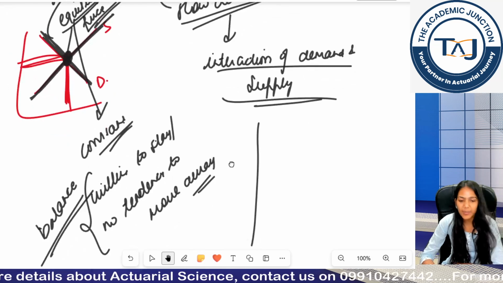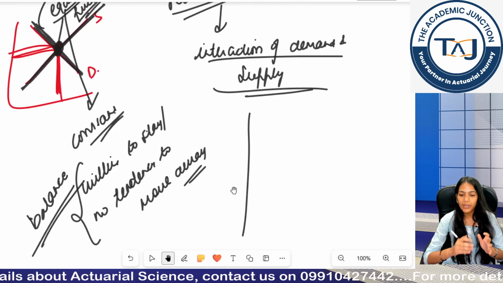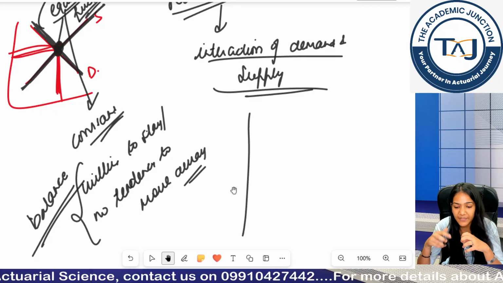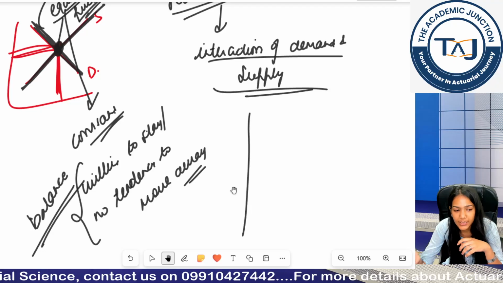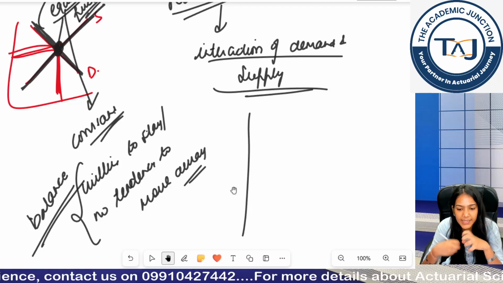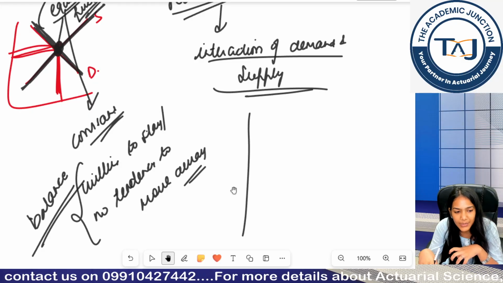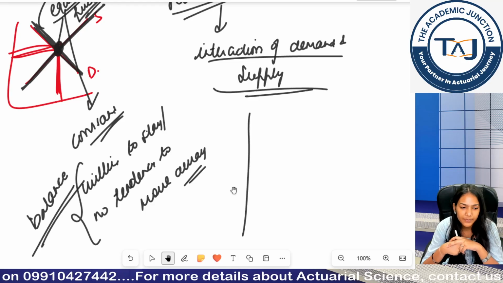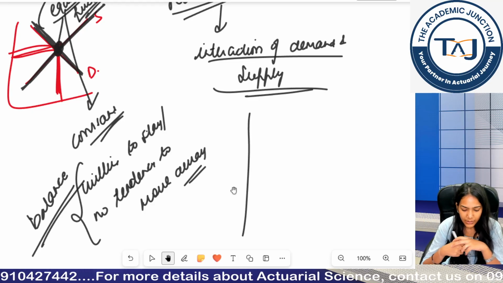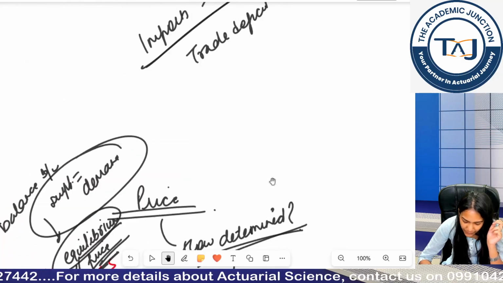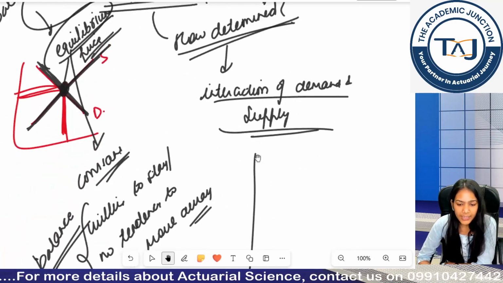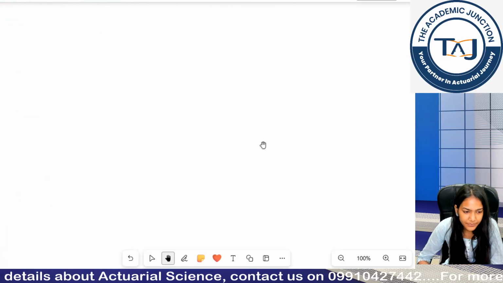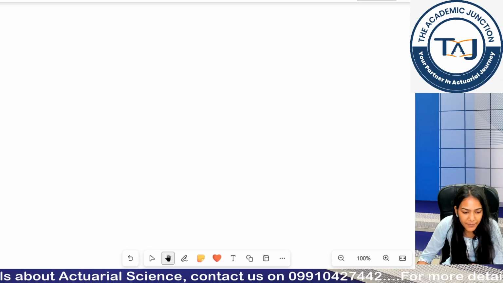So what is equilibrium? Equilibrium is basically where I do not want to move away from my position, which is the position of balance. And when I talk about it with respect to price, equilibrium price is basically the position where my supply of goods and services is equal to my demand of that good or service. So with that we have completed our first chapter. Give me a yes in the chat room and then we can quickly discuss a question. Quickly guys, give me a yes in the chat room.